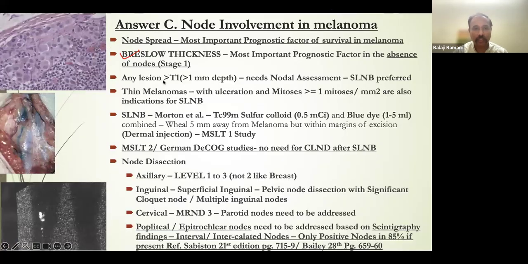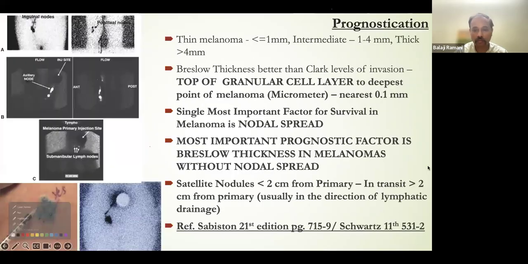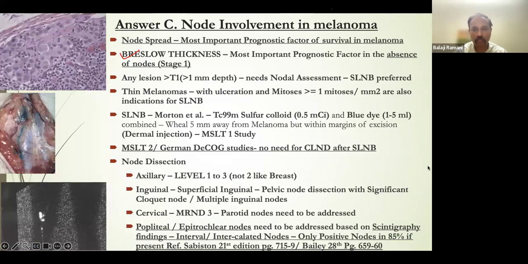So any lesion which is going to be more than T1, more than 1 millimeter depth, needs a nodal assessment by an SLNB as the preferred option. Thin melanomas with ulceration and mitosis also are indications. So any ulceration, presence of any mitosis, and presence of thickness more than 1 millimeter, all these are indications for